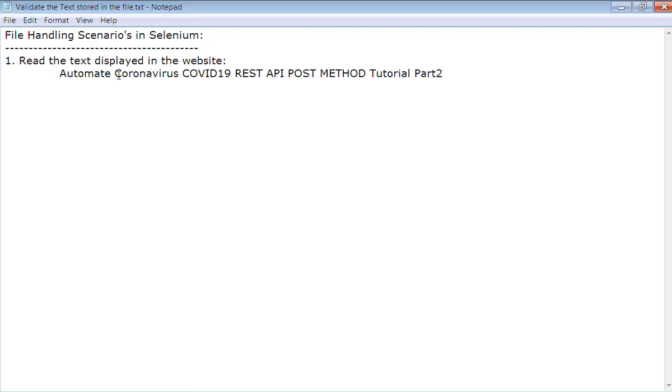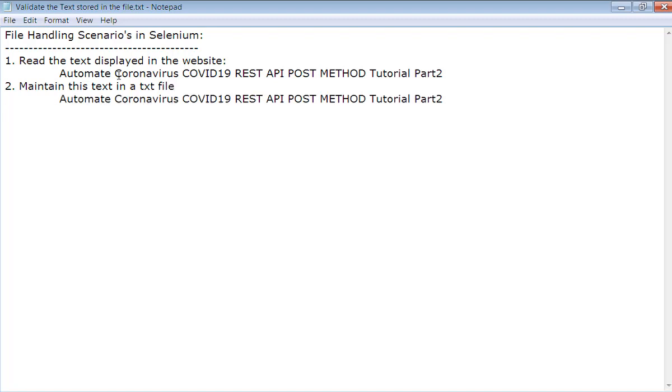Now the next point is how do we maintain this text? Can we maintain this text in the program directly, or can we maintain this text in a file? As part of this example, we will maintain this text in a text file. When you read the text displayed in a website, this is the actual.